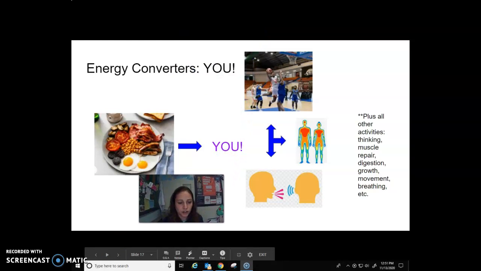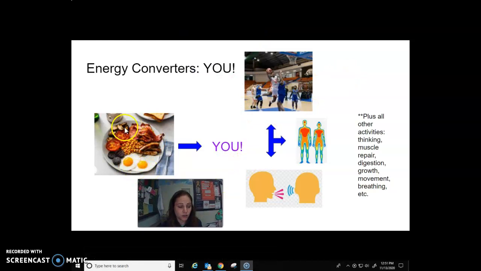All right, energy converters. You are an energy converter. You have a ginormous breakfast. I wish I had time to eat that in the morning. I just don't. But once you consume that, the energy in there is going to power all your movements in athletics. It's going to heat and warm up your body. The red areas are the parts of the body that are kept pretty warm because they're the most important parts, right? There's a reason the center of your body should be warmer. It's really easy to get your fingers pretty chilly because I hate to break it to you, they aren't as important as what's in here,